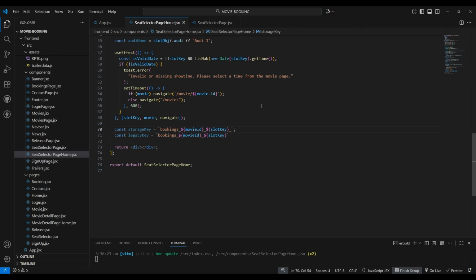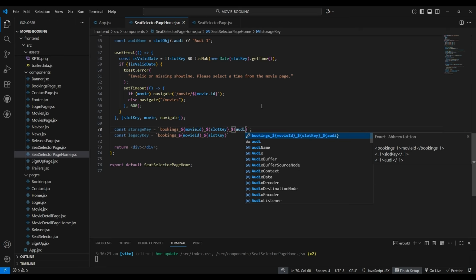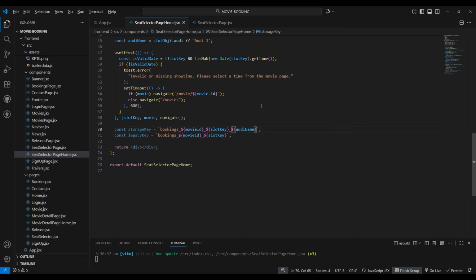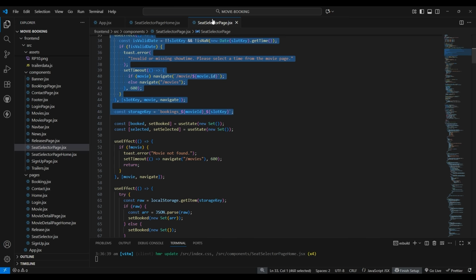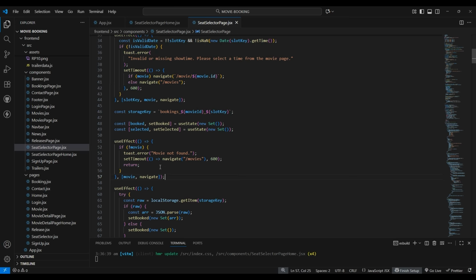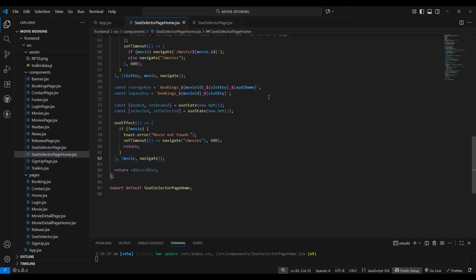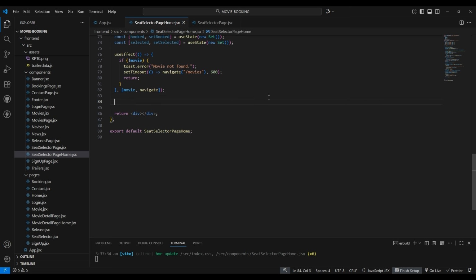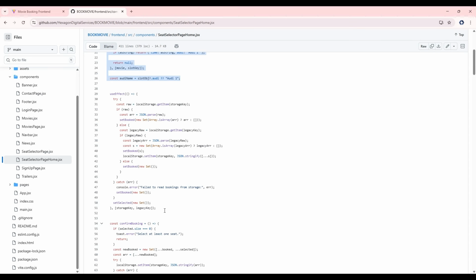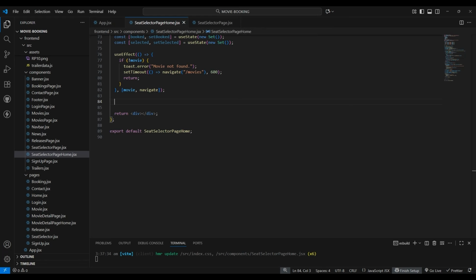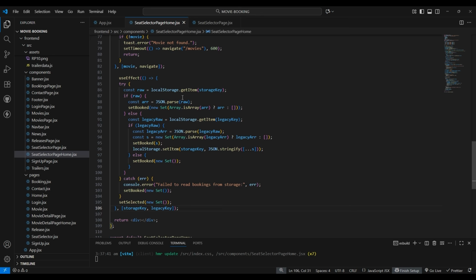Then here let me increase one thing, that is the OD name here. So now the storage key will store these things here. Then after this let's copy these use states as well as the use effect hook and paste it here. Now if the movie is not found, it will show you this error, that is the toast.error. And then let's copy this use effect hook